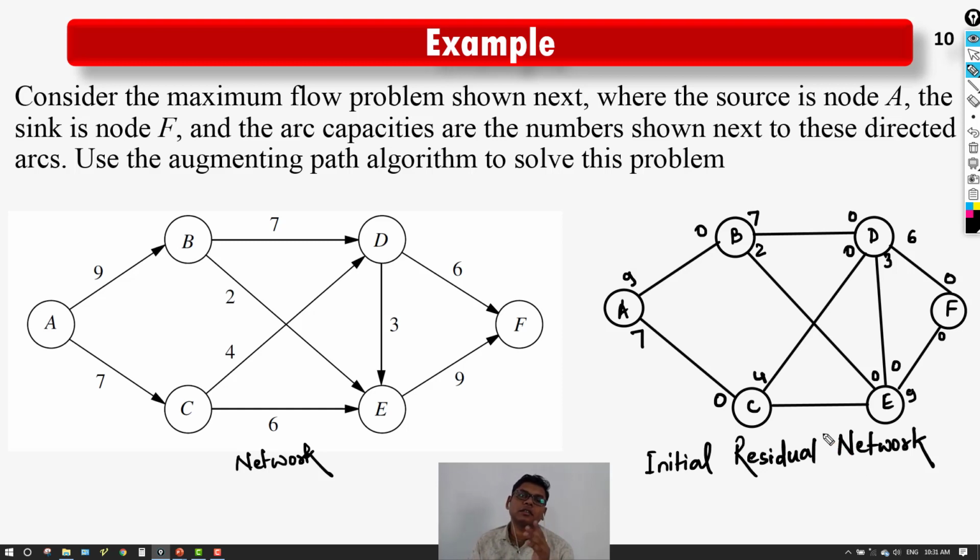Now you have to choose any arbitrary. This is the entry, no? This is the entry, and this one is the exit. So at entry 0 and exit 0 right now. This is the complete initial. Now what we have to do? We have to find an augmenting path. There are many possible augmenting paths, so we will start from the top, and then we will move further down. So let's move.